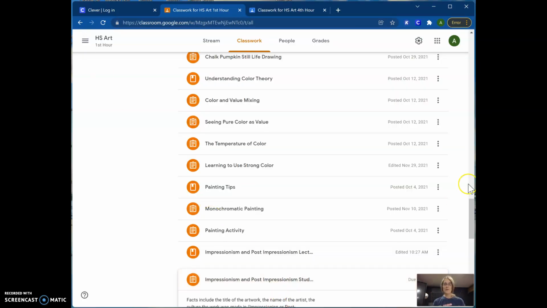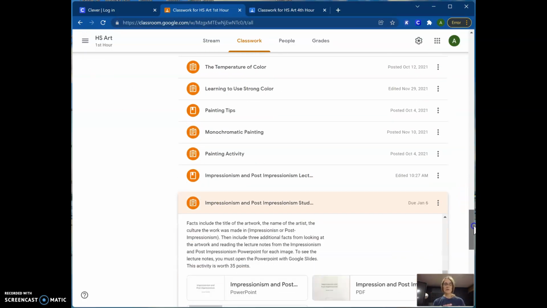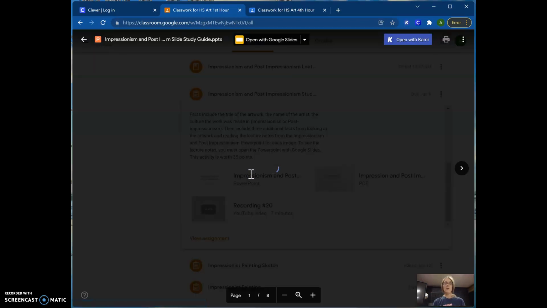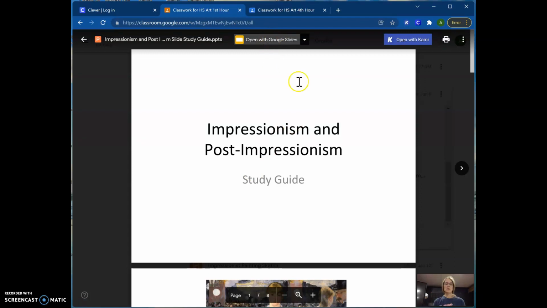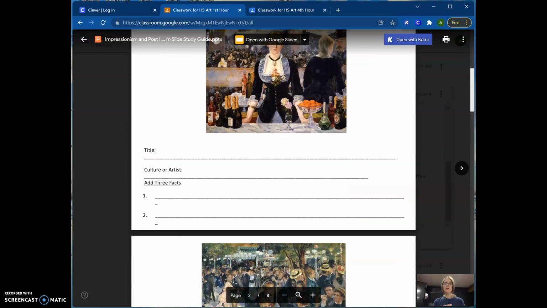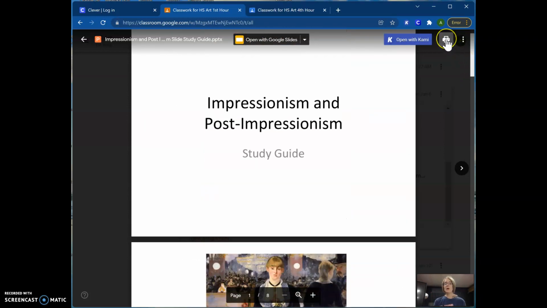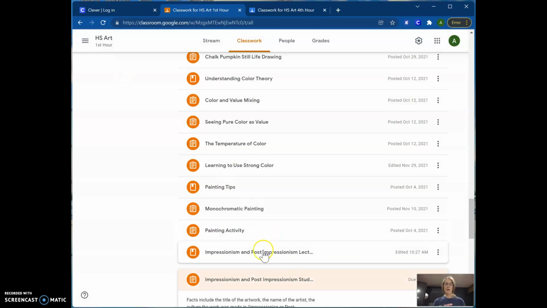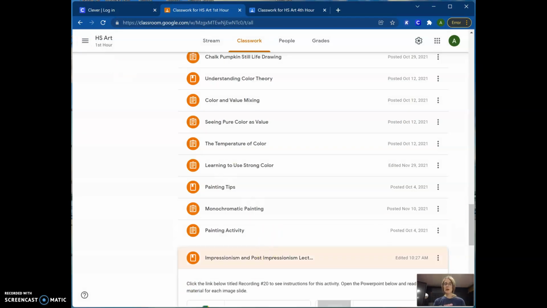So what you can do, I also have the actual PowerPoint, and it's in color. It's a color version. Okay, you can print that off as well. Just click the print button if you have a printer at home. Now, if we go back into the lecture,